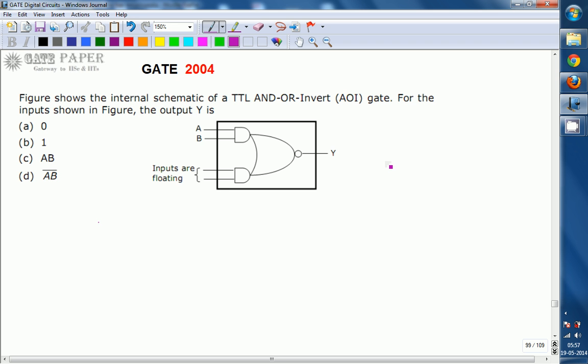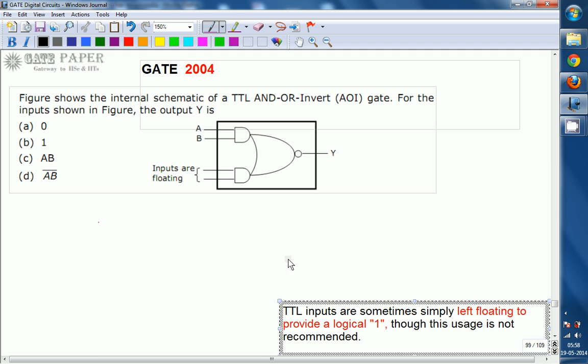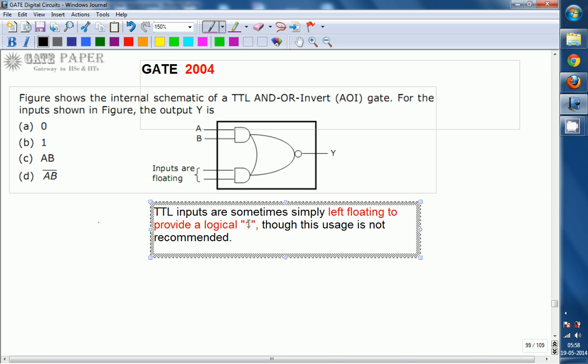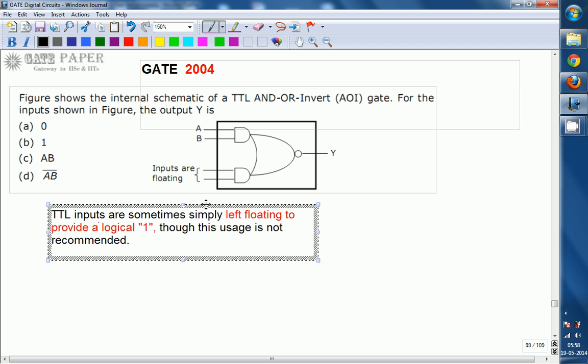Okay, A and B are going to be inputs, and the other two inputs are left floating. Floating inputs means they are not connected to logic 0 or logic 1; they are simply left alone like that. In case of TTL, whenever the inputs are left floating, by that time